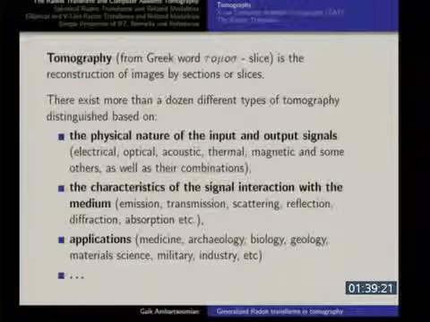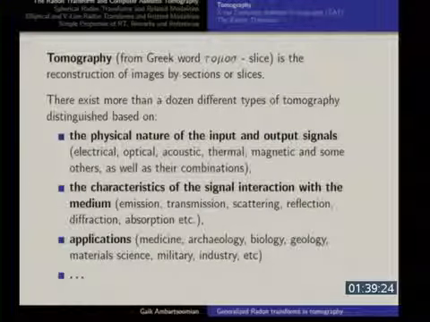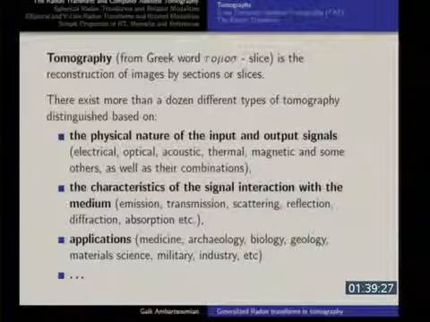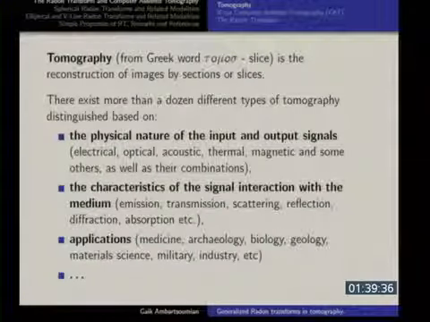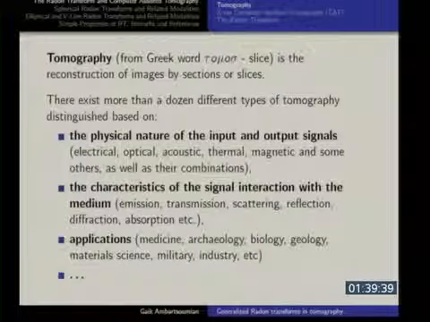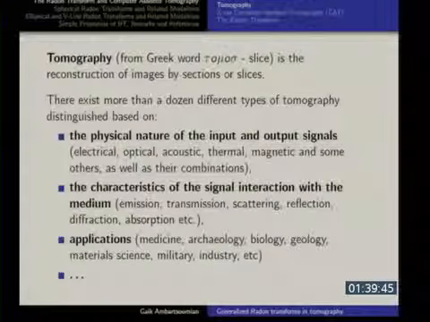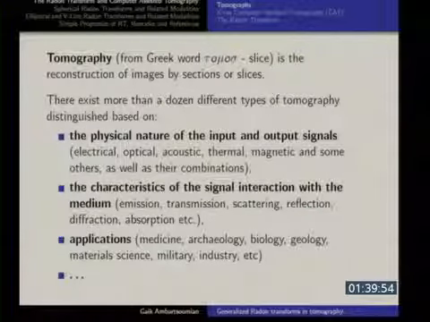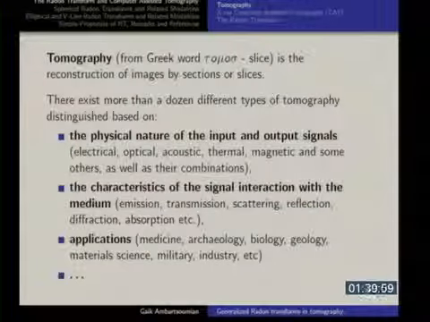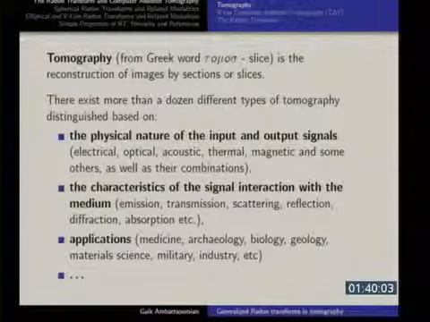So there is the electrical signal, where you measure current and apply voltage, or the other way around. There's optical tomography, where you shine a laser and then the light is scattered and you measure the scattered light. Acoustic tomography, this is the sonography that people have been doing forever when they image babies and so on. The thermal, when they heat up the tissue, certain things happen. Magnetic tomography, magnetic resonance imaging, MRIs, many other things. There's elastography, where they put the patient in some sort of device, let's say an acoustic device, and the doctor is pushing with his hand, creating some elastic waves and seeing what's happening and so on. Many different types of tomography based on the physical nature.